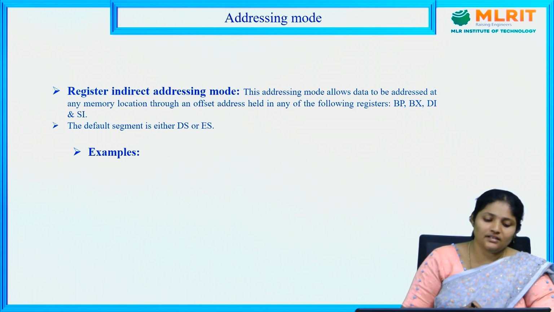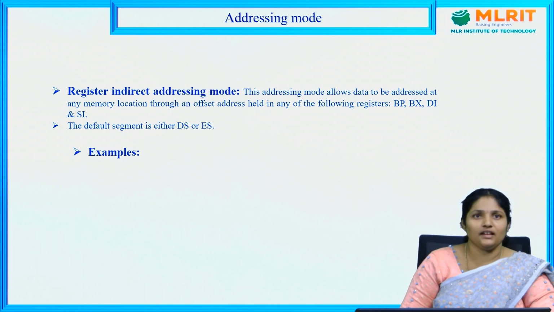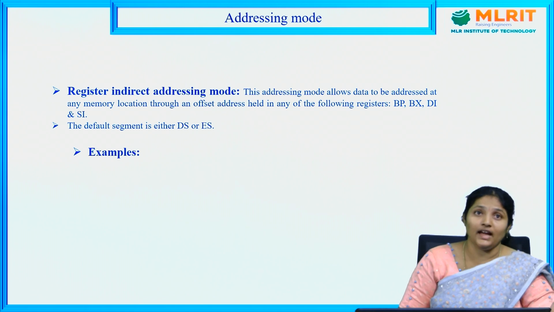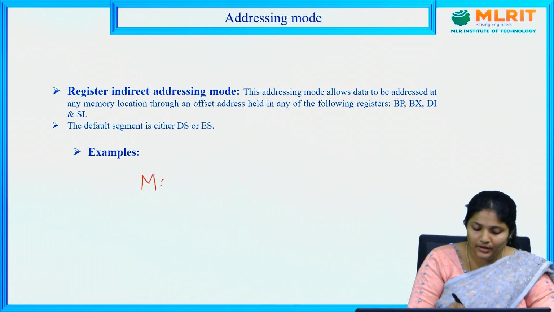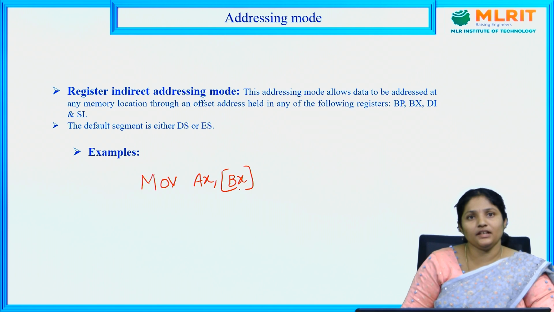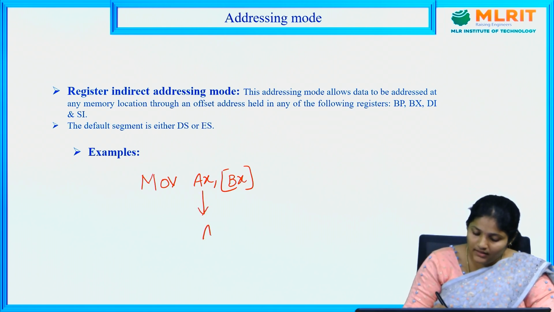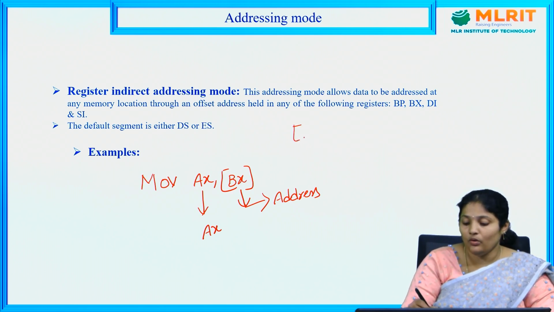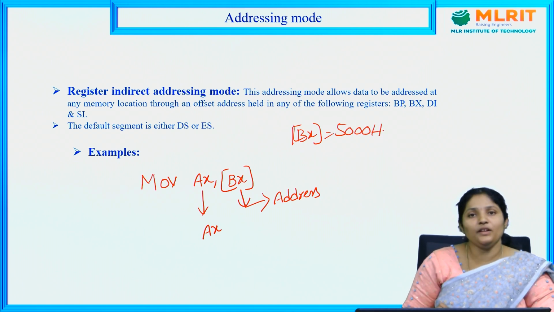So coming to the next addressing mode, it is the register indirect addressing mode. As the name itself specifies, we are mentioning the registers but not in a direct method, we are mentioning them in an indirect method. One example will be MOV AX, [BX]. Here the data present in BX will be the address. The data present in BX will hold the address. Suppose the data present in BX is 5000. Now what we are indirectly mentioning is